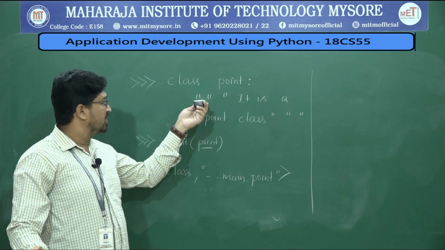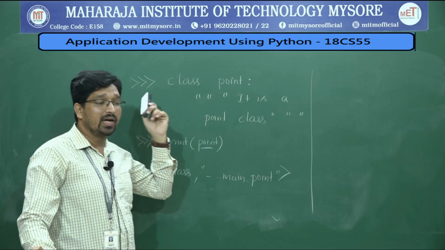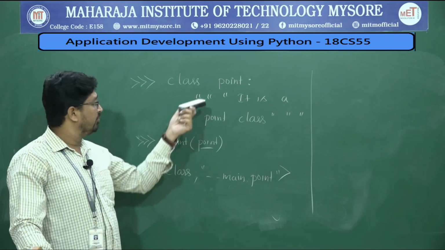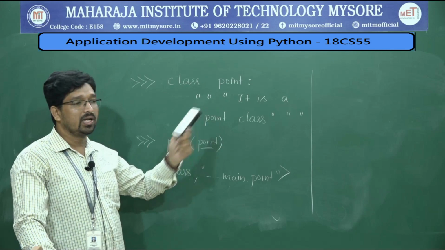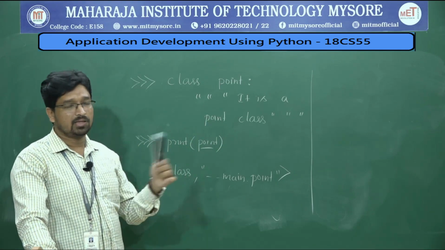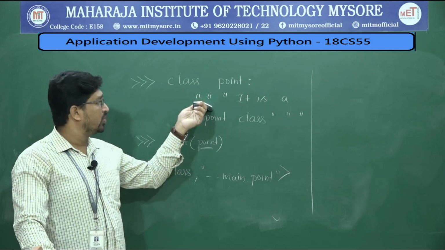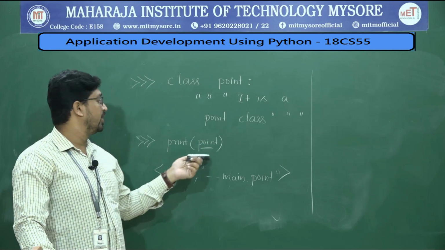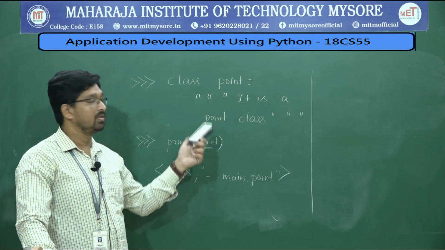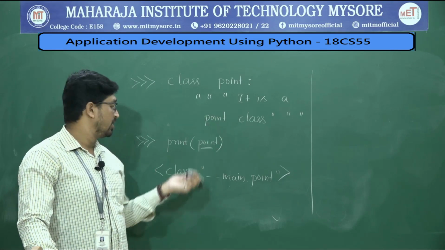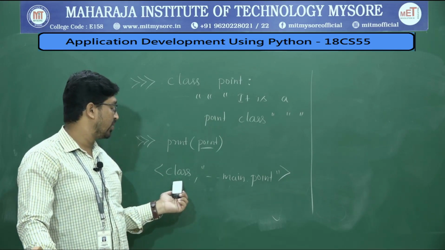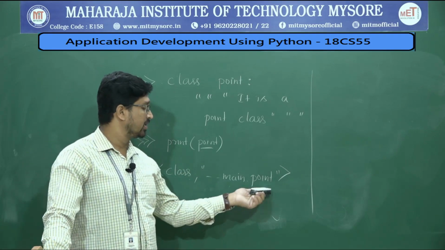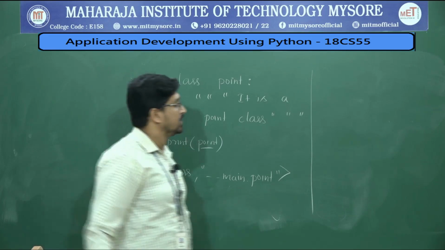This doc string is optional normally, but when you want to create an empty class, it is mandatory. In Python, if you want to create an empty class without creating any variables or methods, then you need to have at least this doc string. Then if you print the name of the class, print of Point, you will get some information saying the type is a class type, and it is under the main function, the name is Point class.